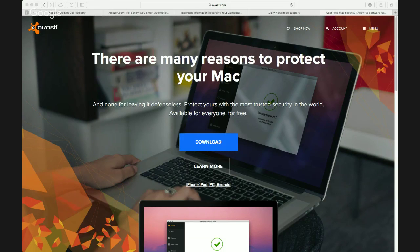avast.com. Depending on your internet service provider, some of them offer free antivirus programs because they don't want you to get a virus and spread it through their system, not necessarily to Comcast or the Hood Canal, but to people they provide service to. And so sometimes they offer, I know that Comcast does, which is who I have at home. However,